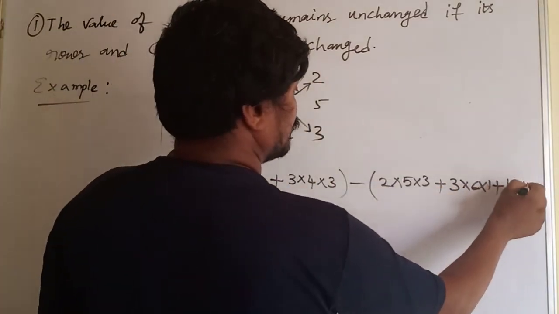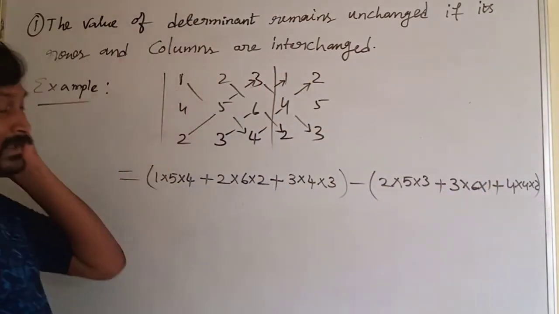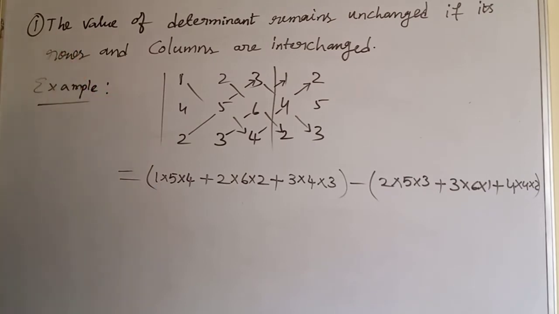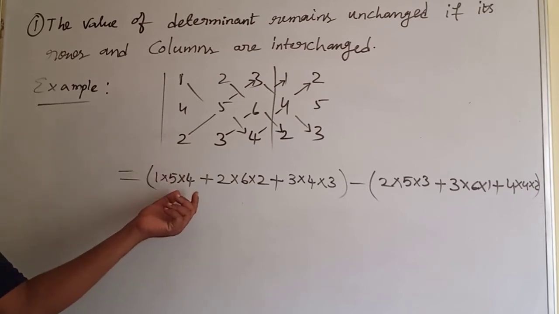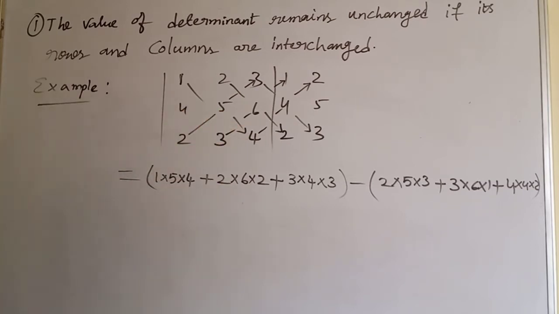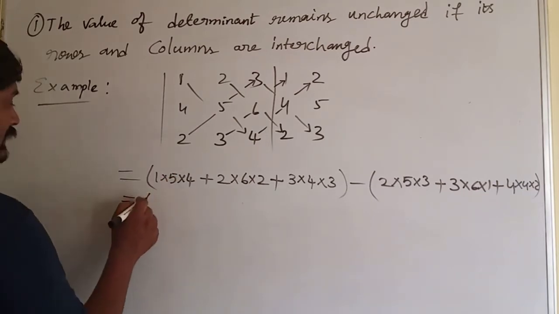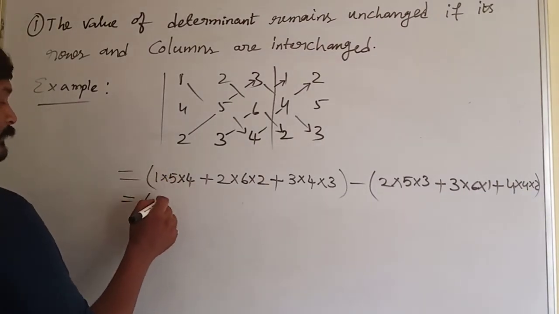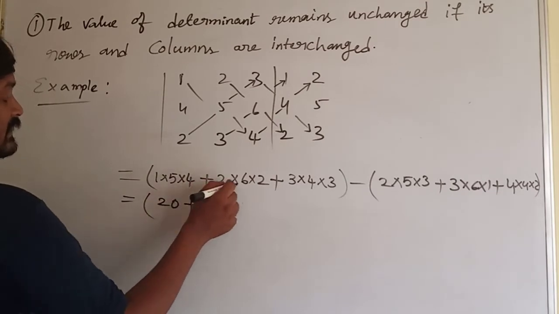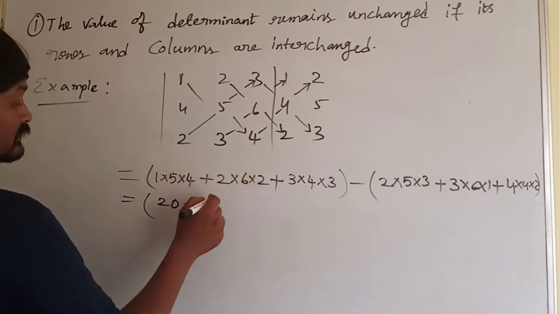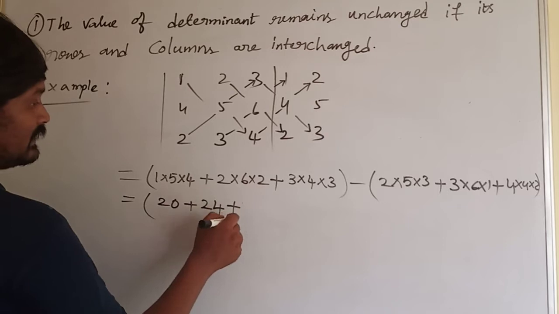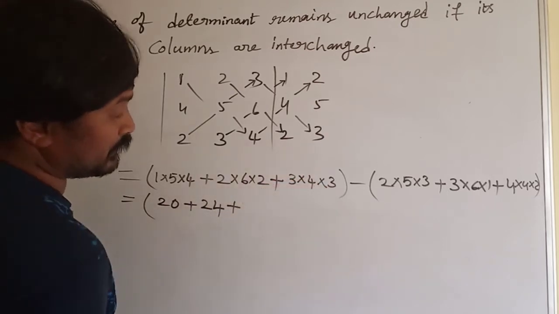See here, there are two methods: normally we can use minors and then solve, but I am not using that, I am directly using the Sarrus diagram. So now we write 1 into 5, 5 4s are 20, plus 6 2s are 12, 12 2s are 24, plus 3 4s are 12, 12 3s are